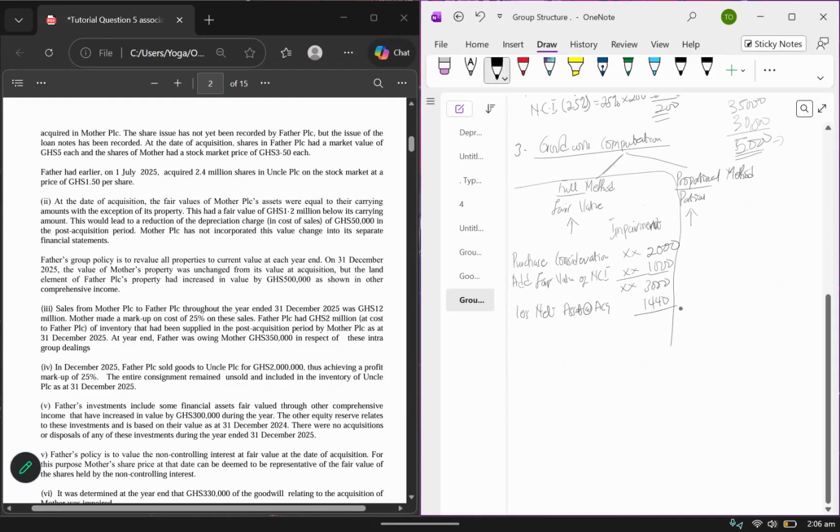You less it from it. 3,440. 1,560. Okay, so you see that because the portion that you've acquired is considered to be here, and then the fair value of NCI,